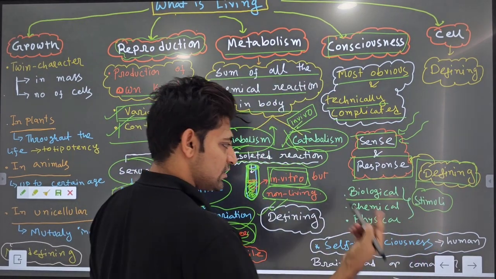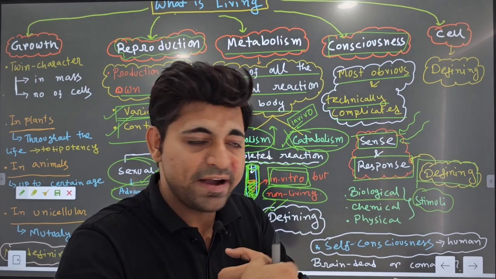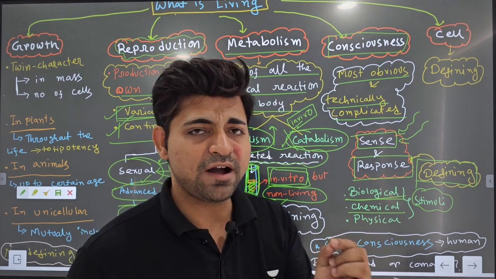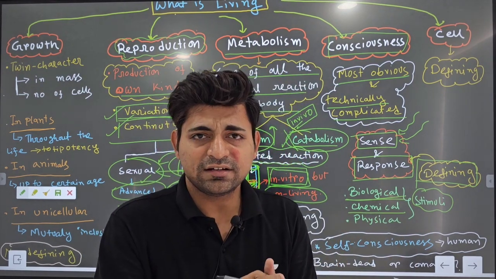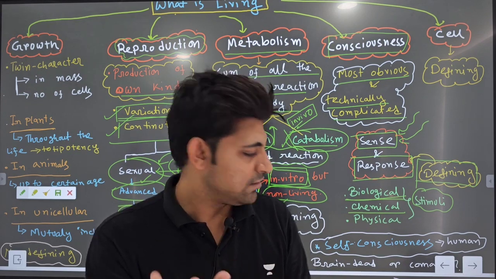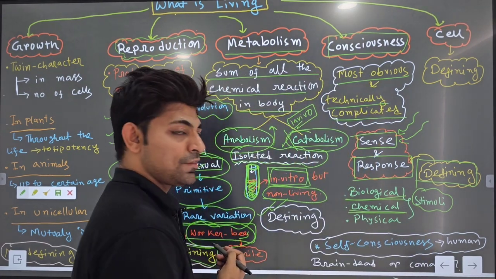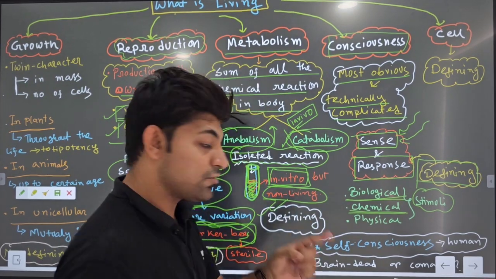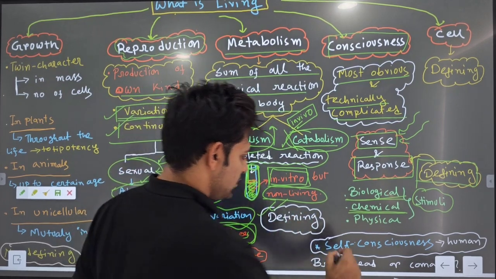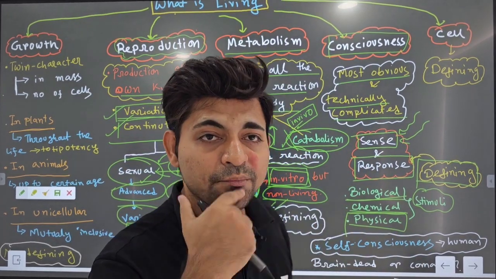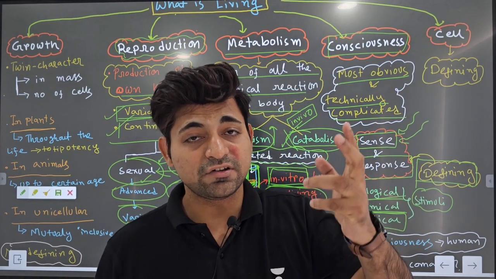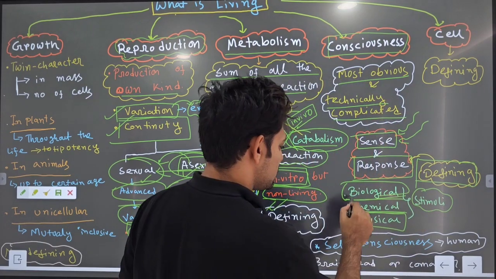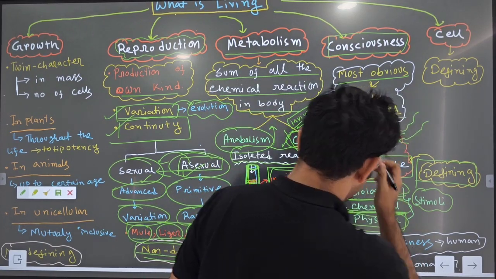The stimulus can be a biological stimulus. An ant is stinging you, an ant is biting you. A honeybee is stinging you. Biological stimulus. Chemical stimuli. If some hydrochloric acid falls on your hand, then it will start corroding the upper layer of skin. That is again a chemical stimulus. Or sperms are moving to the ovum following chemotropic movement. Right. That is also a response against a chemical stimulus. And physical stimulus: sound, heat energy, yes, physical stimulus. So these can be the stimuli. These are different kinds of stimuli: biological stimuli, chemical stimuli, physical stimuli.